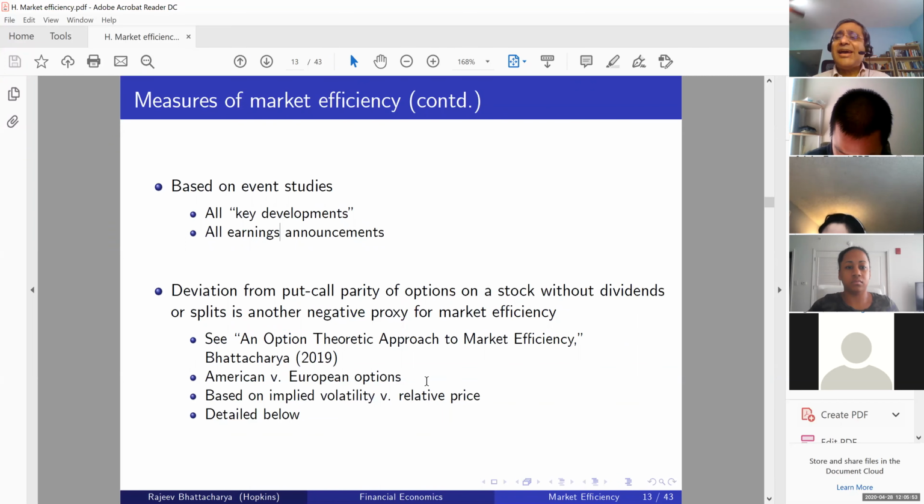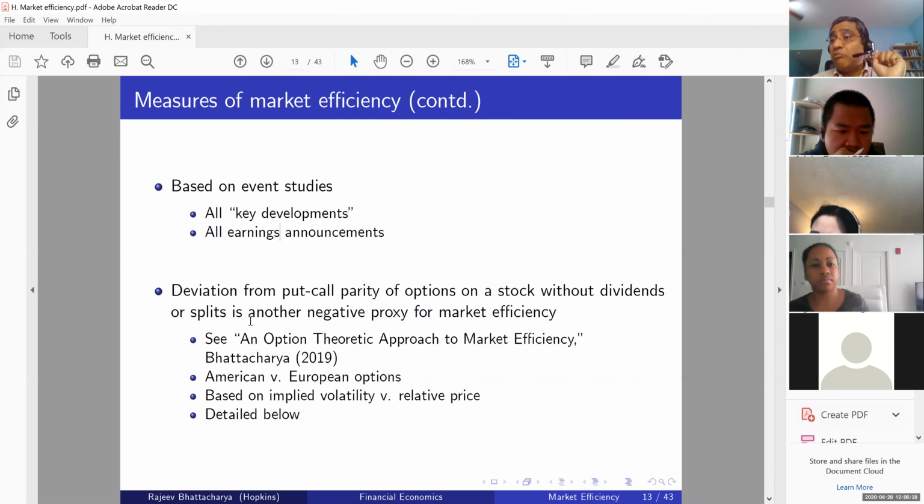And I also put forward in the paper a theoretical model and the empirical model, and we say, you know what, it's not very surprising that they are not affected. In another paper, an option theoretic approach to market efficiency, which was published last year in the Annals of Financial Economics, which is also something I discuss in my book, which came out earlier this year, I talk about deviation from put-call parity of options on a stock without dividends or splits as another measure of market efficiency,